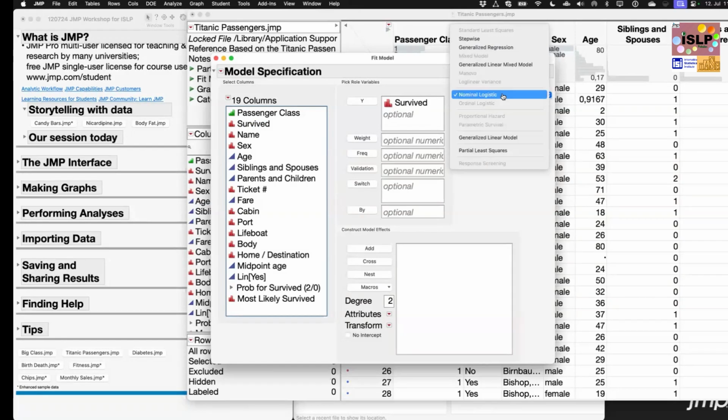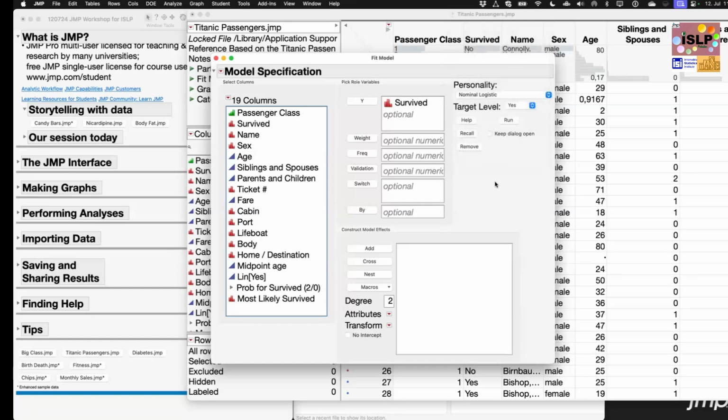In this case, it's a nominal logistic regression. And you see there are also many other ways to build models using this fit model platform. So this is our response, the Y. Let me choose some information again. So I take the same 5 factors